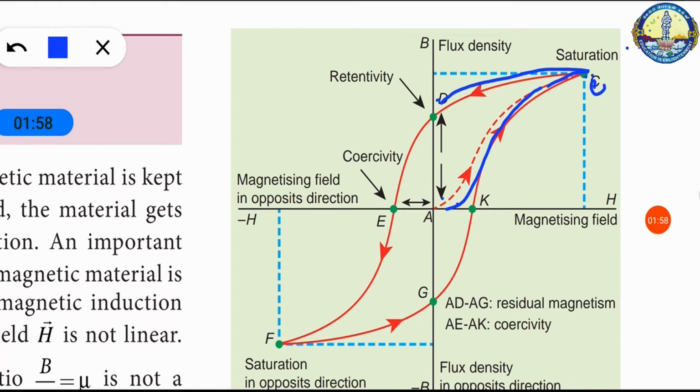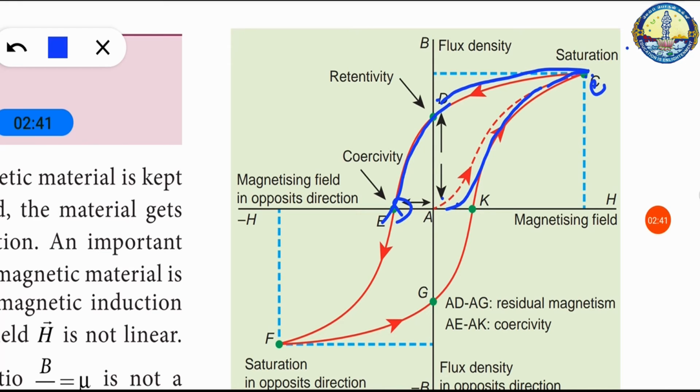This is one important characteristic of the ferromagnetic material. It is defined as the ability of the material to retain magnetism even after the magnetizing field vanishes. In order to demagnetize the material, the magnetizing field is gradually increased in the reverse direction. Now the magnetic induction decreases along D to E, and becomes 0 at E. So here the magnetizing field AE in the reverse direction is required to bring the residual magnetism to 0.